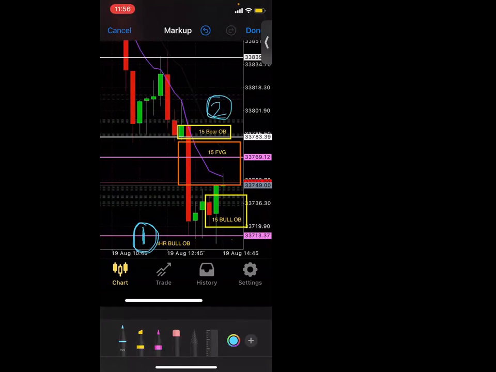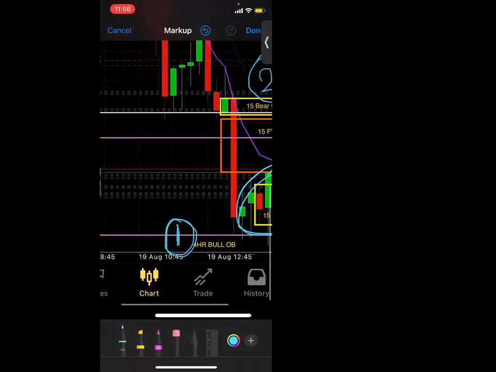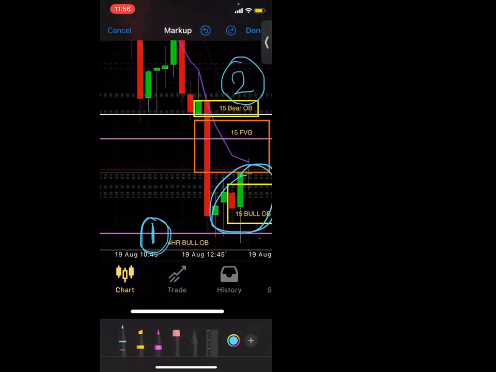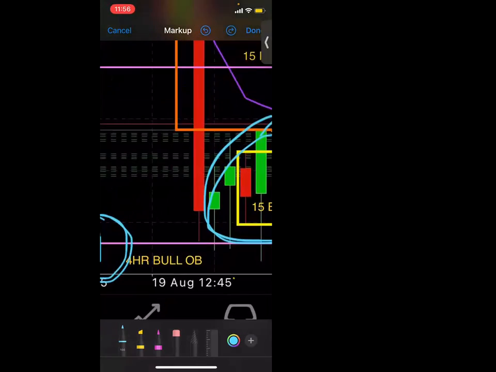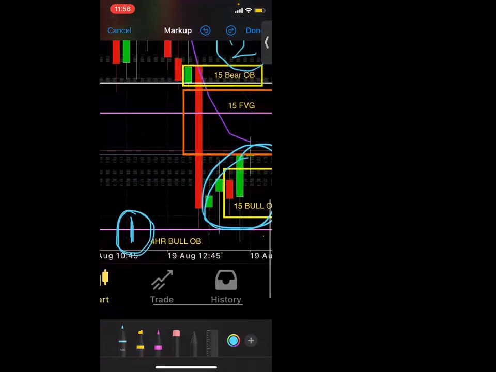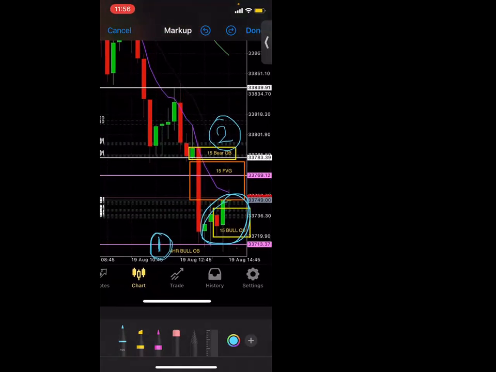Why I'm saying this is number two is because these candles have not formed yet. So imagine that all you're seeing is this in price. You can't see anything else. So you don't know if this candle here might be a little pullback and then price might just drop back down for the sell. So that's why